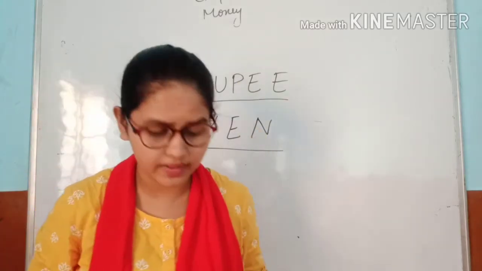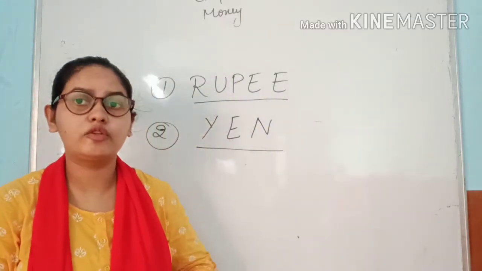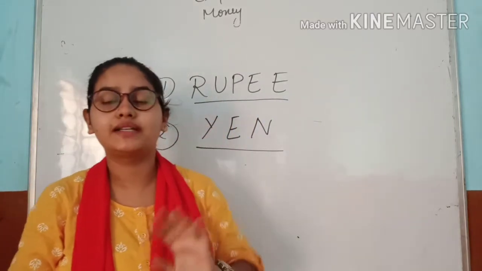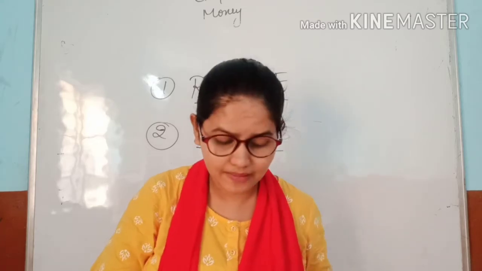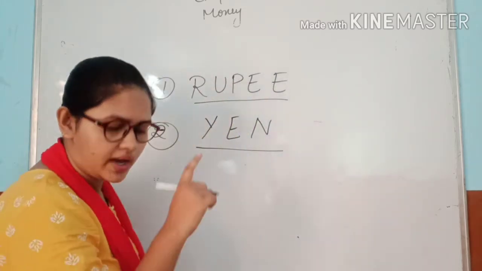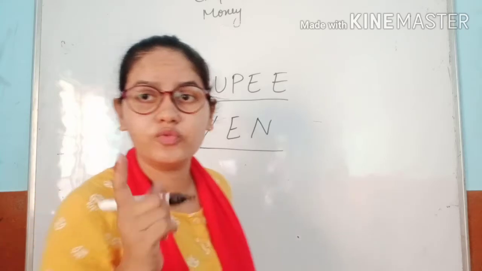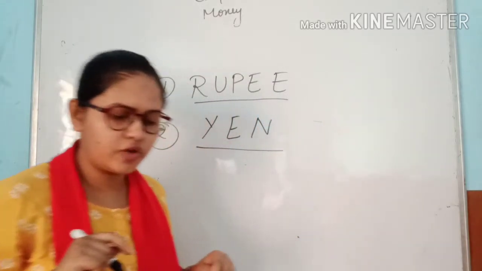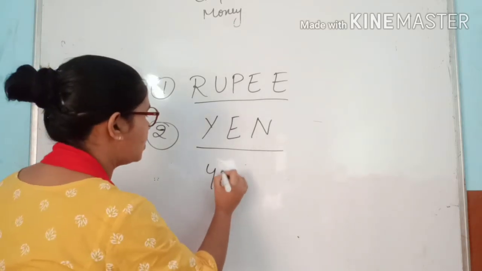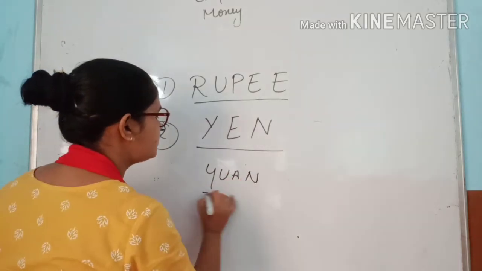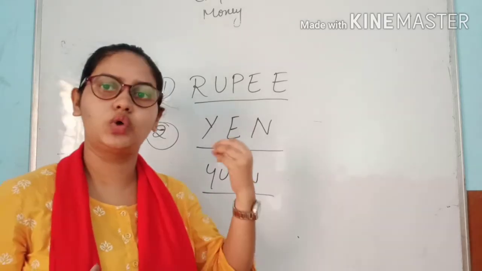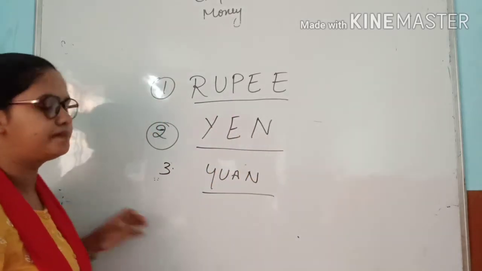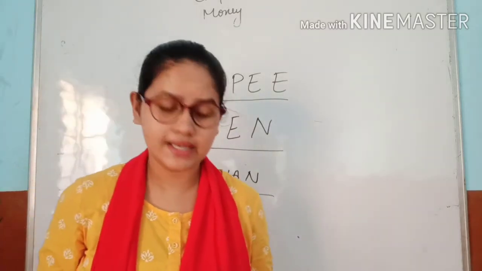Now come to the third one. In the third one, we have to find out the currency unit of China. Can anyone guess China's currency? It is written A-U-N-Y in the jumbled word, and now we have to write it in the correct form. In the correct form, we can write it here as yuan. Okay, yes, yuan. It can be pronounced just like this. Okay, that is the third one, China's currency.